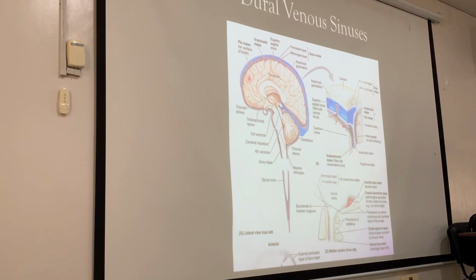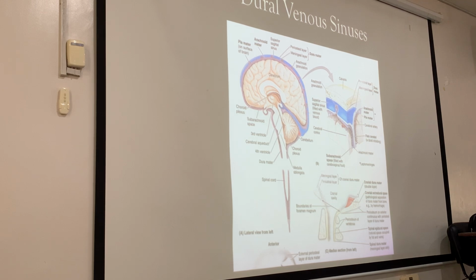This is the midline of the right cerebral hemisphere. So we see the superior sagittal sinus. So the veins of the brain will drain into the superior sagittal sinus,